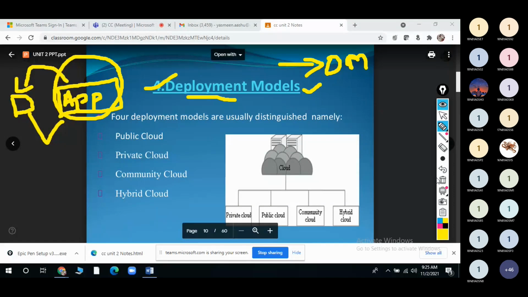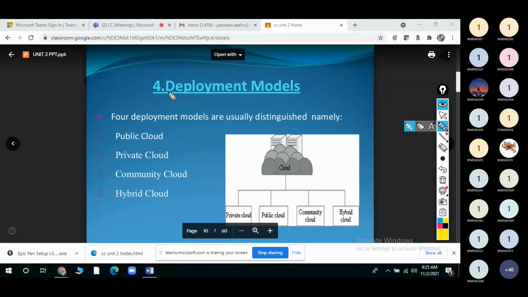Clear definition? Right, so this deployment model is classified into 4 types: public cloud, private cloud, community cloud and hybrid cloud, right? In the cloud we have different databases, services, infrastructures and resources, whatever the user or the developer needs, all will be available in the cloud.